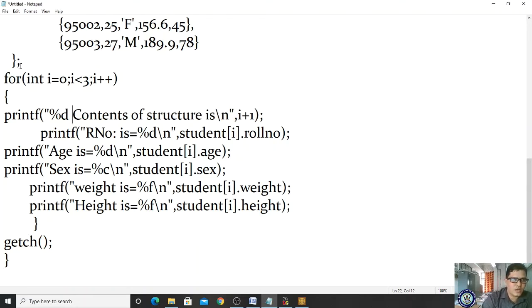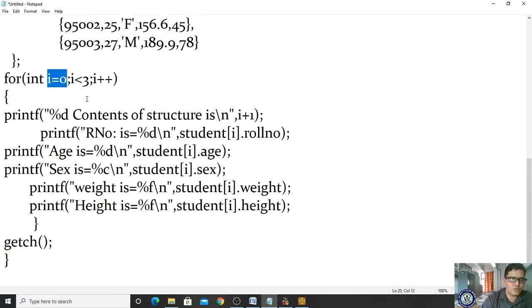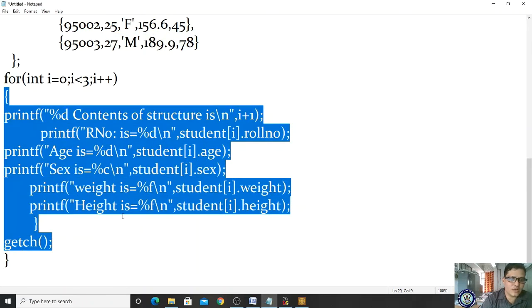Afterwards you are displaying the roll number, age, as well as the sex, height and weight. That's it. So after the first value it will come to the second, right? i value will be 1, 1 plus 1, it is displaying the second student information. Afterwards i increments, and now 2 less than 3 condition true, 2 plus 1 is 3, it is displaying the third student information. So this for loop will be executed, right?